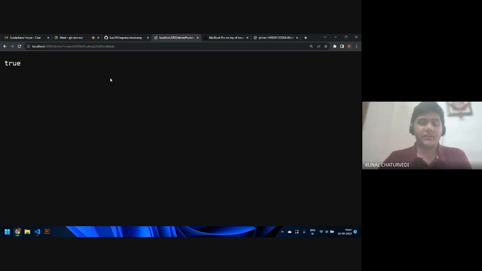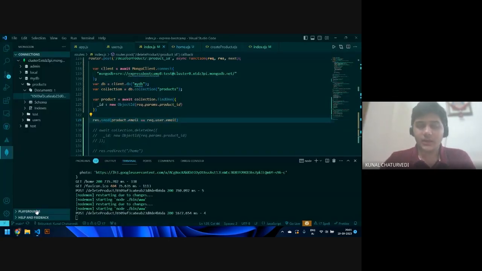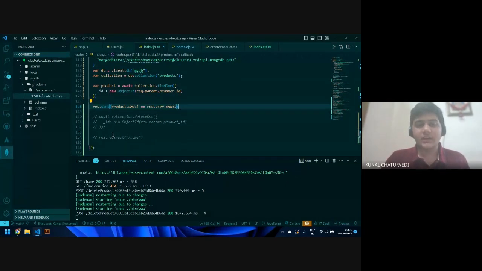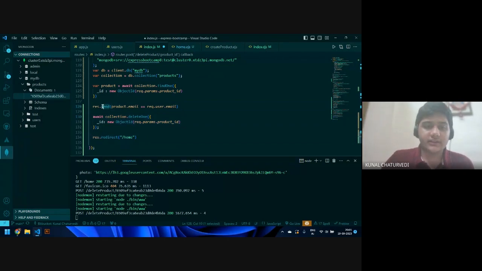JavaScript is funny with changing data types, and we were maybe trying to convert a string into a boolean, so it gave us false every time. So yes, this user can now delete this very specific product. And how do we check that again? We are just one if statement away now. Let's replace this res.send by saying if product email is equal to request.email, and let's